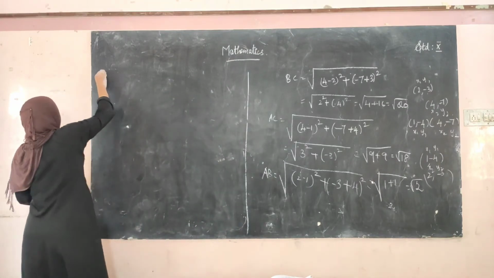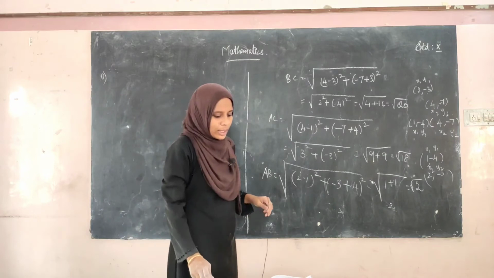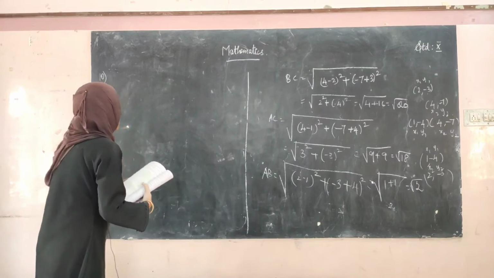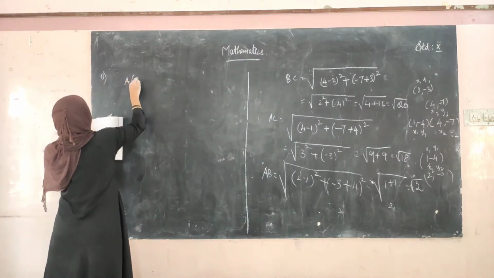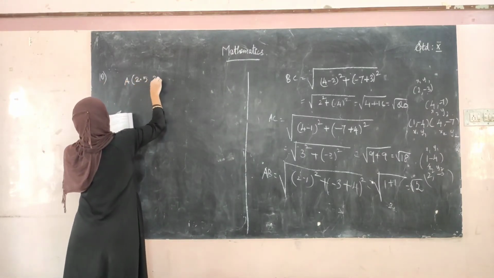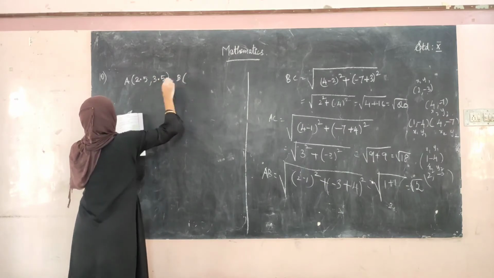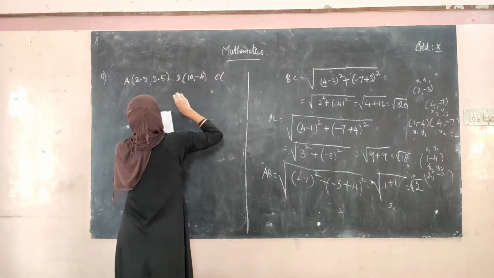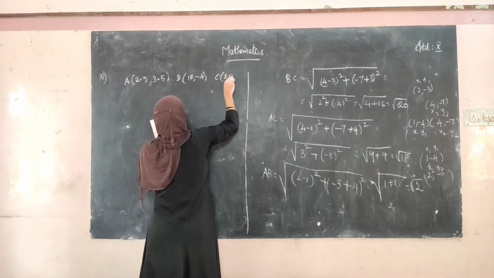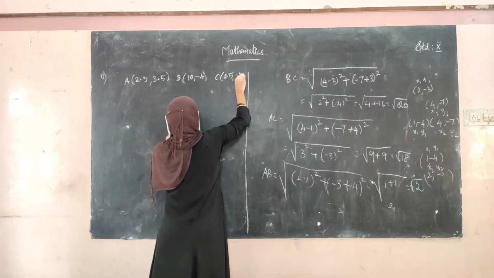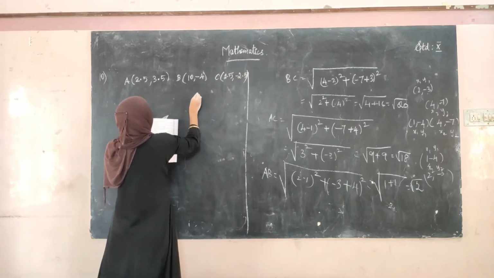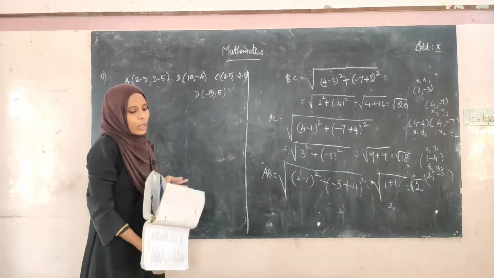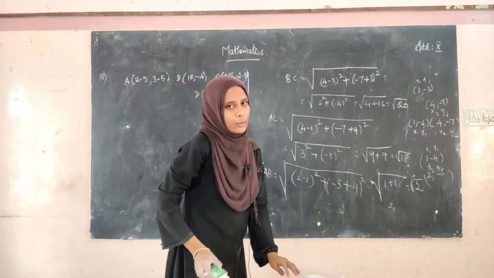Okay, see the 10th sum, what they have given. Show that the given points form a parallelogram. What are the points here? A of 2.5 comma 3.5, B of 10 comma minus 4, C of 2.5 comma minus 2.5, and then D of minus 5 comma 5. Okay, so what we have to find is, we have to find whether these 4 points are going to